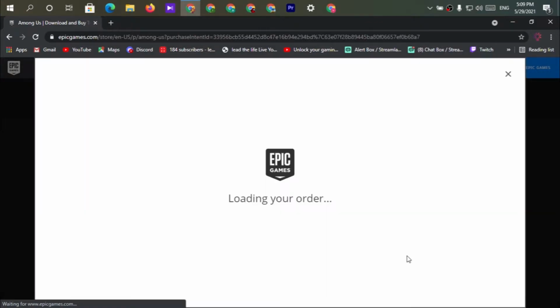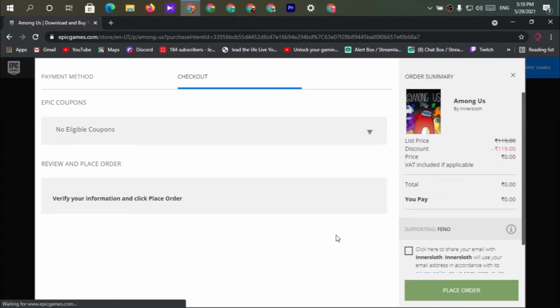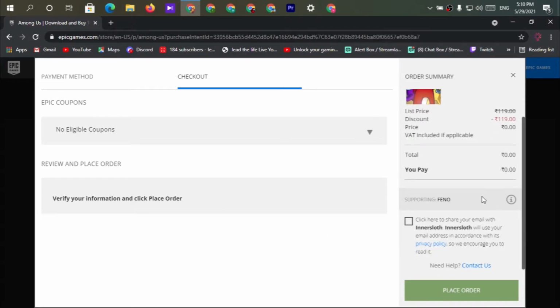So you need to accept the license agreement in order to get into the checkout page. So here we are on the checkout page. So here you can see the price of the Among Us game. It's 119 rupees, but the discount is the same, so you are getting it for 0 rupees.